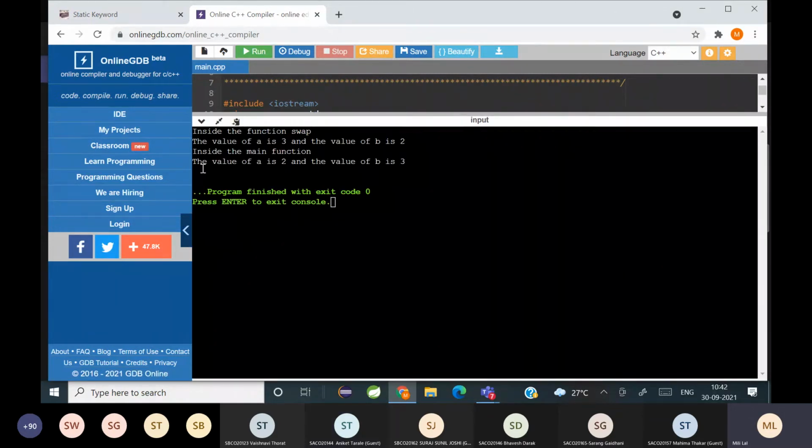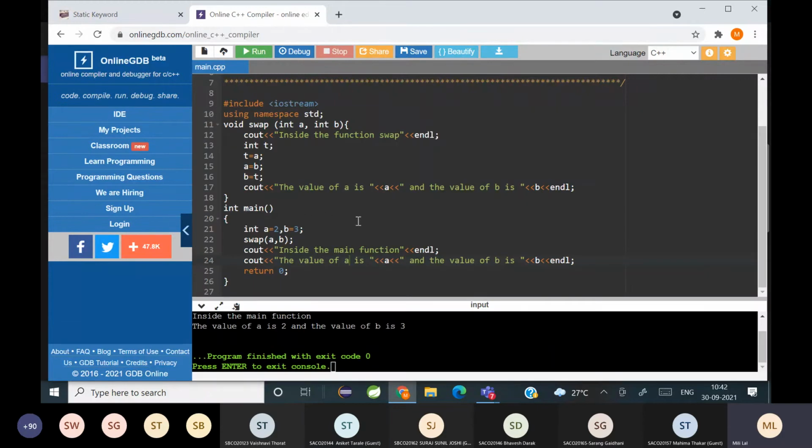Yes, ma'am. So why is this happening? Because we are passing a copy of a and b to the function, तो जहाँ फंक्शन के अंदर जो चेंजेस हो रहे हैं वो मेन पे रिफ्लेक्ट नहीं हो रहा. समझ में आया? तो वो चेंजेस स्वैपिंग फंक्शन के अंदर ही हो रहे, बट मेन पे a का और b का वैल्यू सेम ही है व्हेन यू डू अ पास बाय वैल्यू. So this is pass by value.